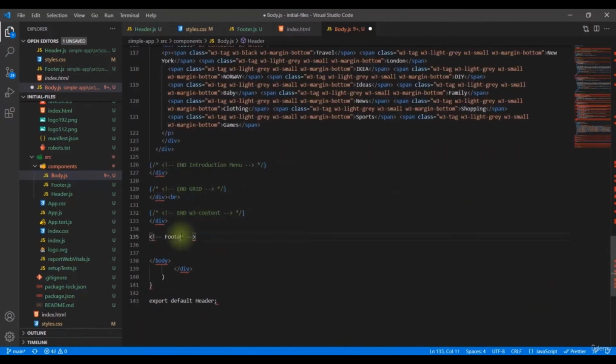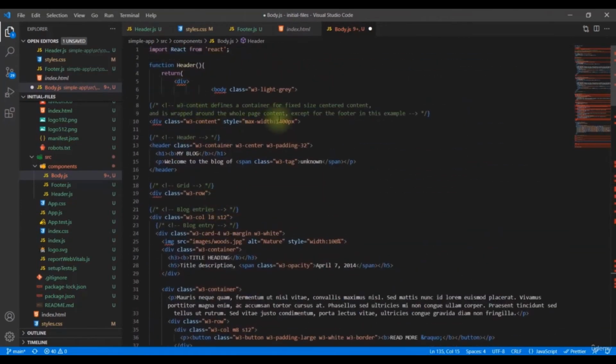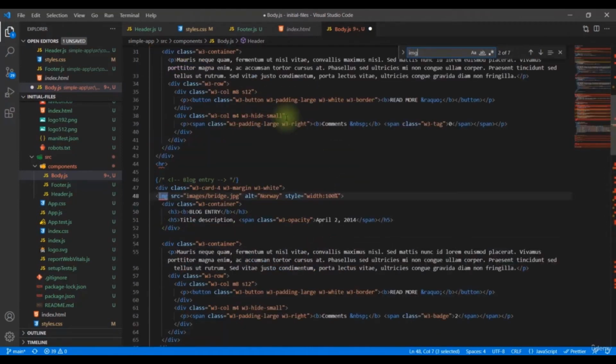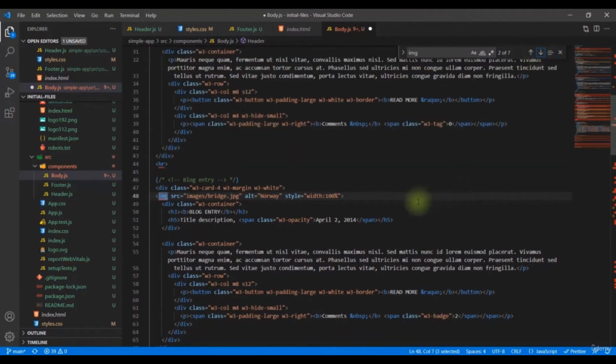So once we are done with this, we should see the other errors that we are getting. This error is actually not because of this body, it's because of the images that we have inside of this code, right? So what we can simply do is put this slash after all the images that we have. So we can simply find all the image tags. There are 7 of them, and the first one I've added the slash, and then the second one,